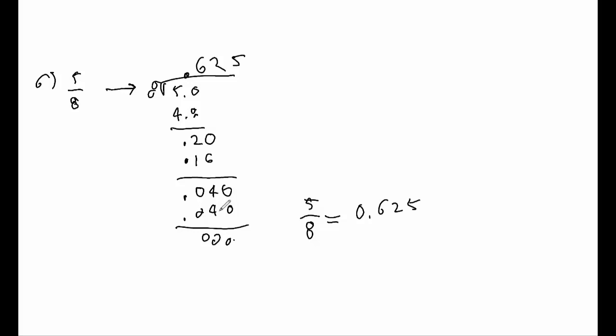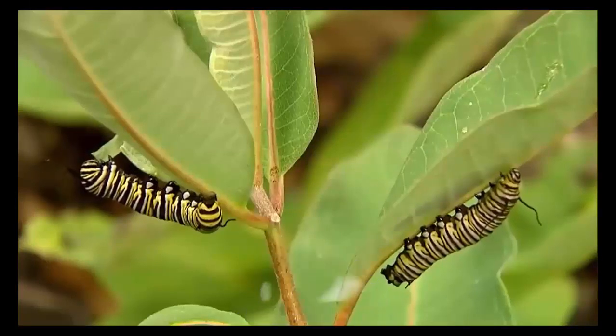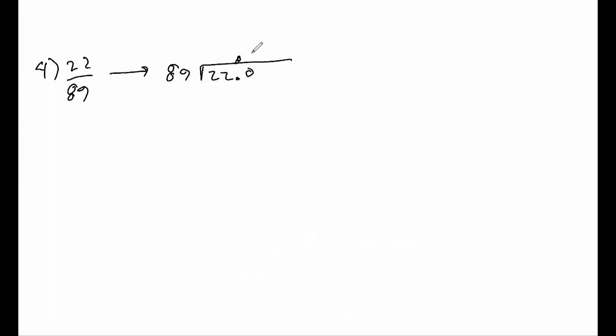Goes in nice. So we go about it the same way. We're just going to play the long division game. And we're going to put 89 divided by 22. And we know 89 can't go into 22, so I'm going to put a 0 and pretend it's 89 goes into 220. Bring the decimal point up here. So it's going to be 2. And that means 2 times 89 is 178. And then I put 0.78